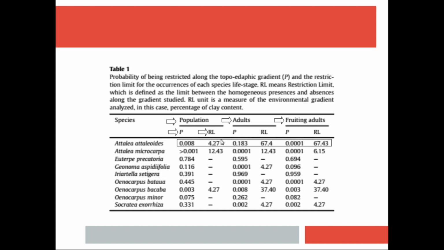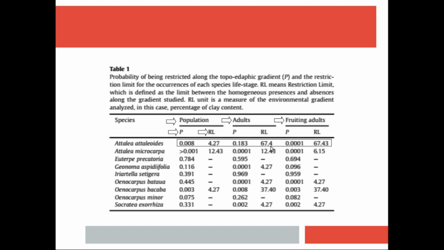So the population of Attalea attaleoides has a significant breakpoint very near the bottomland. It doesn't get to the bottomland. So the adults fruiting, adults only, so this is the whole population. It could include seedlings, for example. The adults only reach